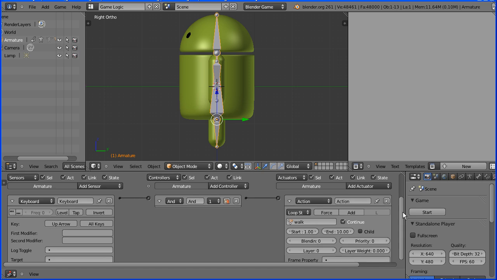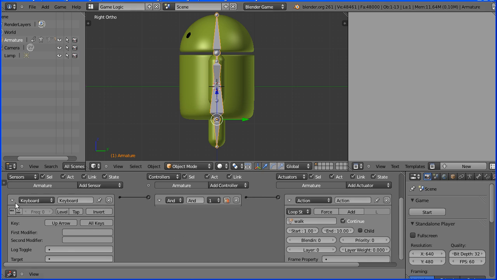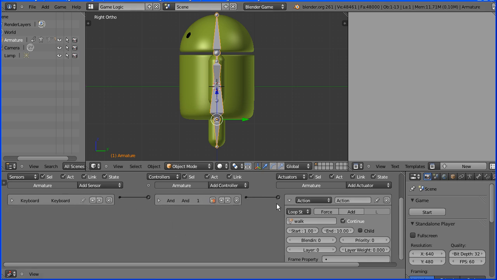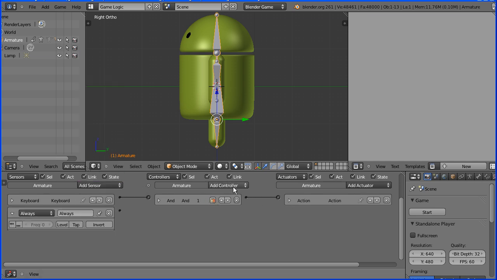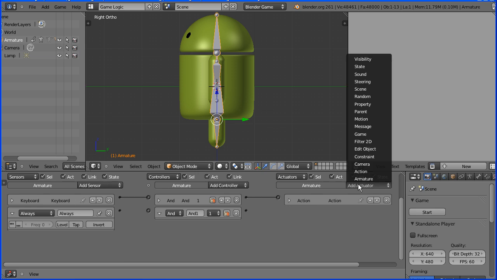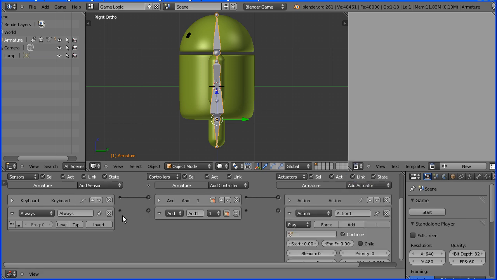I'm now going to add logic gates so that the Android is always in the stand pose. I'm going to close up these logic gates. I'm going to add an always sensor. I'm going to add an AND controller and an Action Actuator. The always sensor will send a signal every clock pulse, which will go straight through the AND gate, and we